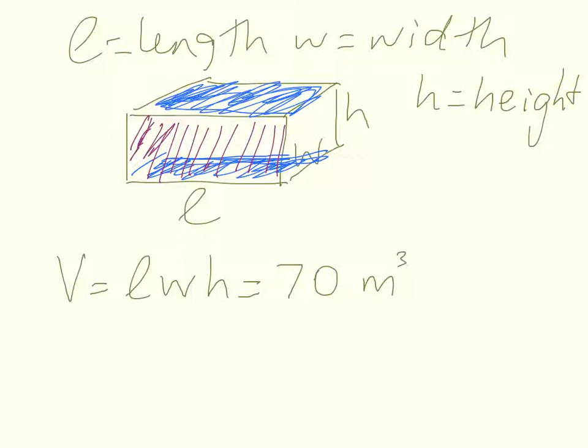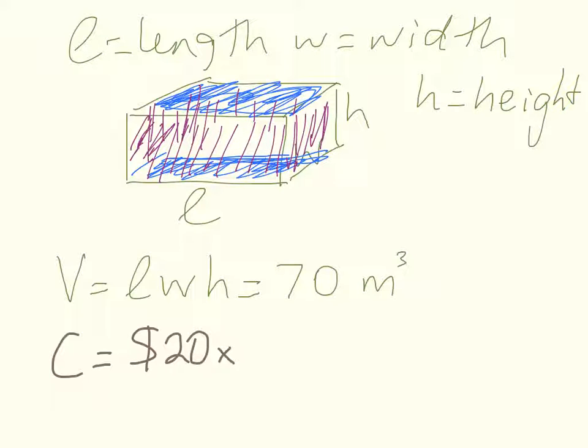So there will be 4 sides, right? So 4 sides that will have the cheap stuff. So we're going to write down the cost function now. And we'll call that C. So C is going to equal the expensive stuff for the top and the bottom, so that's $20 times 2 for the top and the bottom, times the length times the width,